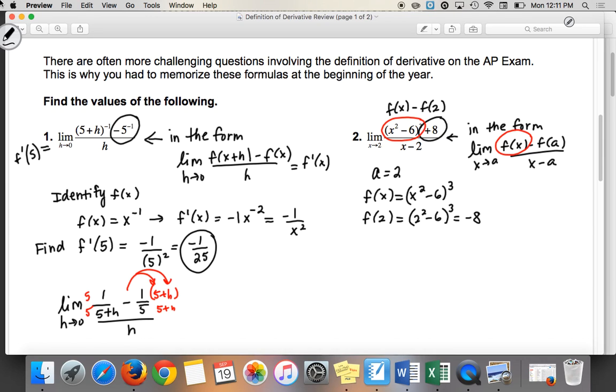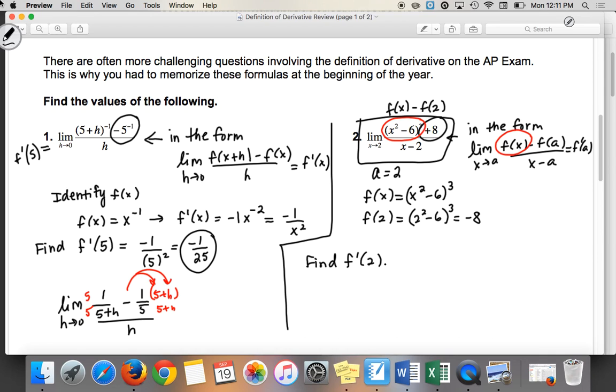Wait, so why aren't we finding f prime? That's what we're going to do. This is all equal to f prime of a, right? By our definition. So we say all of this original problem is really equal to f prime of 2. So that's all we're finding. We're finding f prime of 2. So f prime,